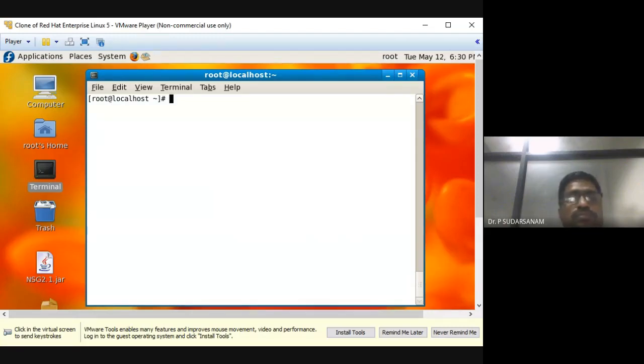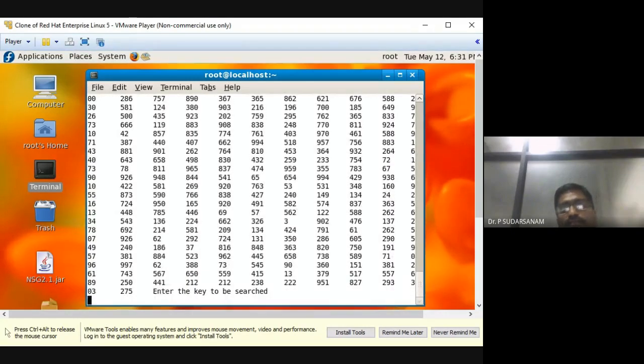I'll enter 1 lakh. Even you see, because the system has an i3 processor, it is working very fast. This calculation will not be taking the system's time, only the search of the elements.